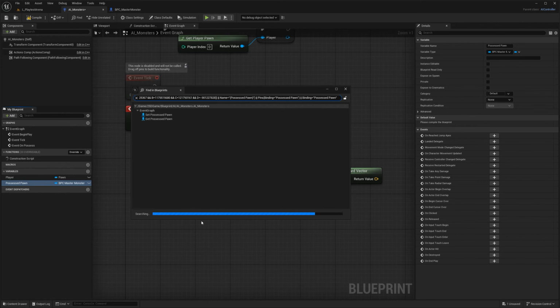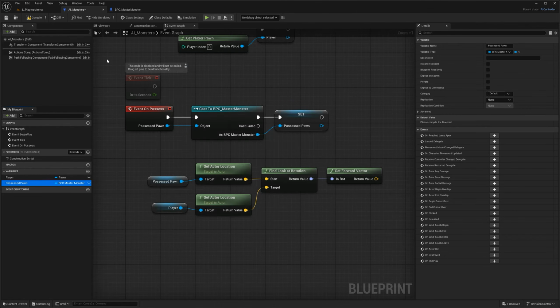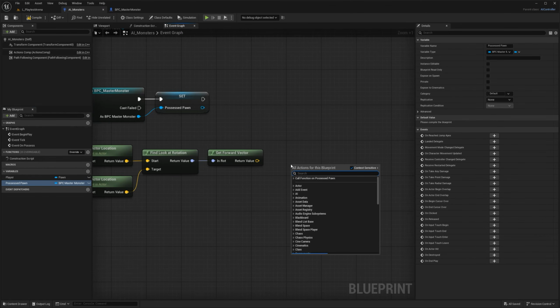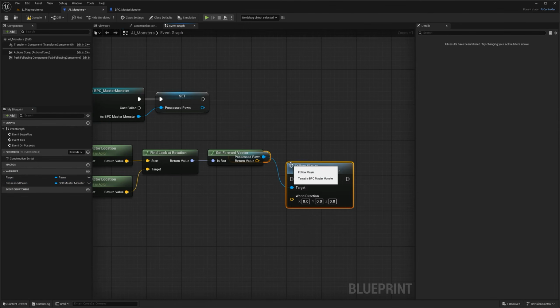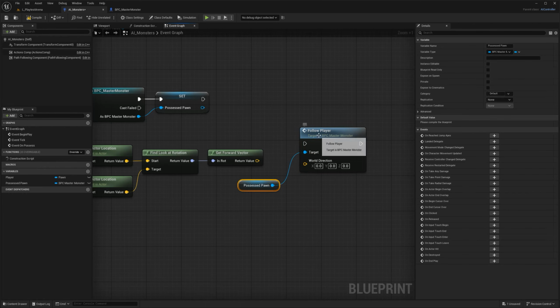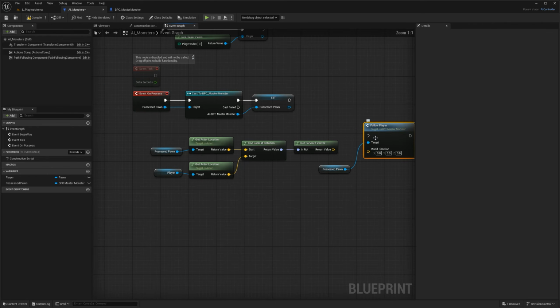Is it going? Close it. Let's save this because I don't want it to crash. Okay, so let's just go back here because I forgot the name. The name is follow player. So I can just go here and say follow player. And it already gives me the possess pawn, which is exactly what I need. So I can just go here and connect to,